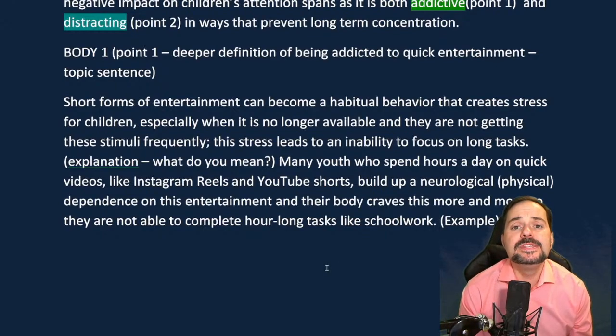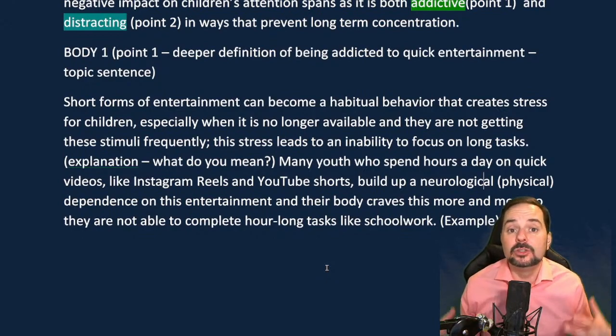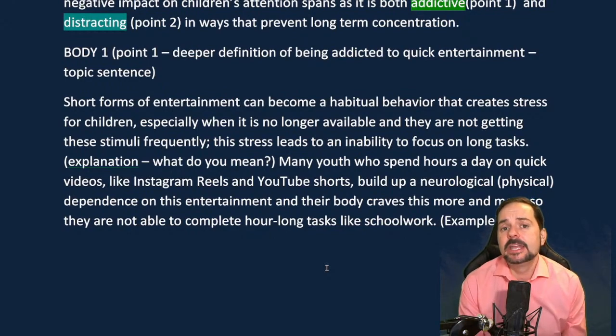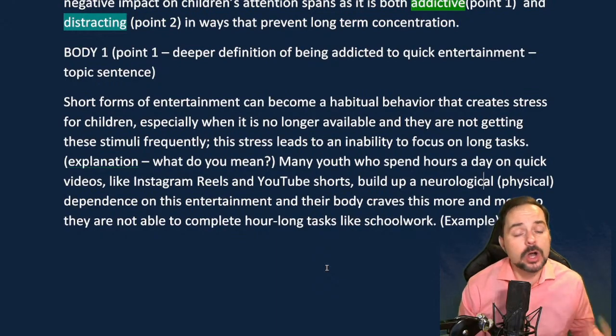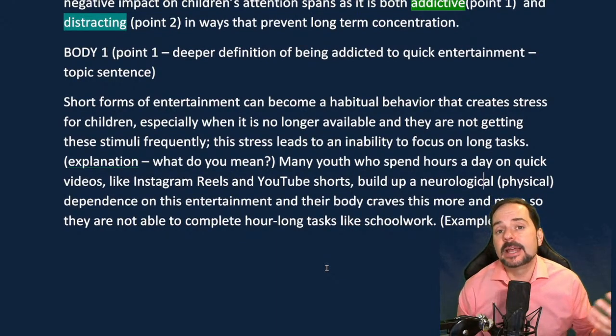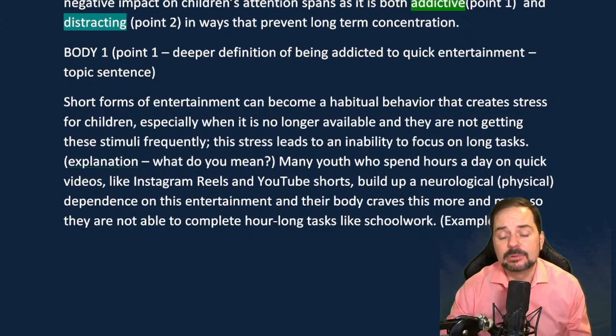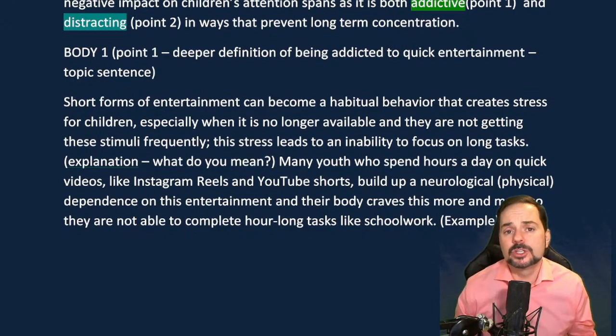Okay, so now I have my controlling idea in my topic sentence and my explanation, which is the ability to concentrate. Okay, so now I'm on the right track, and now I'm going to get a much better band score because the IELTS examiner goes, oh, okay, they're talking about the reason this is bad and how it affects concentration. Okay, and now I can write a much better example as well. Go ahead, viewers, write your example, and then we'll compare the examples.